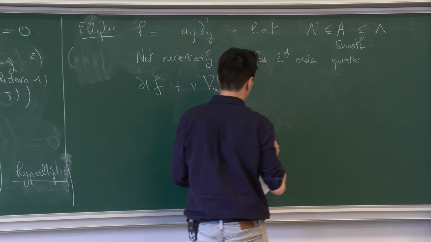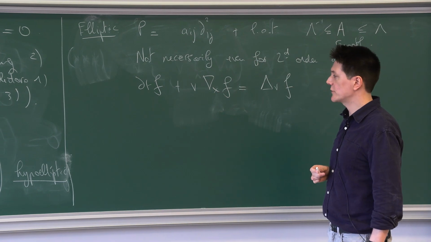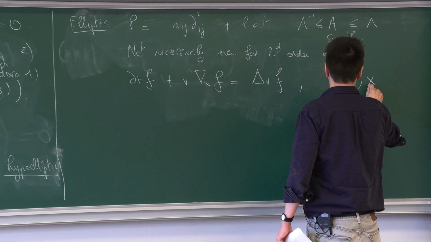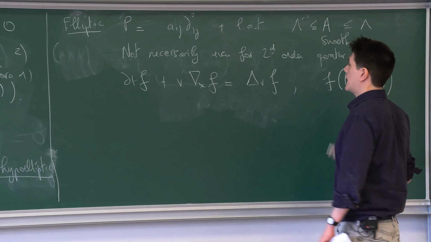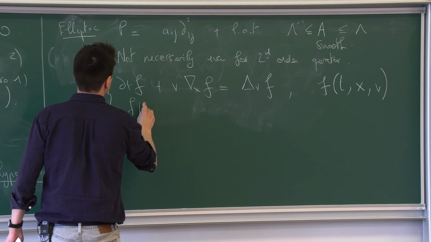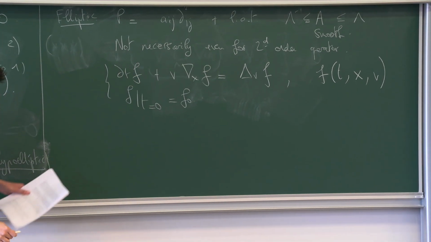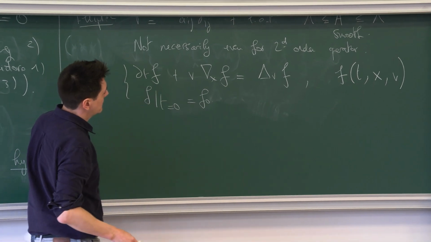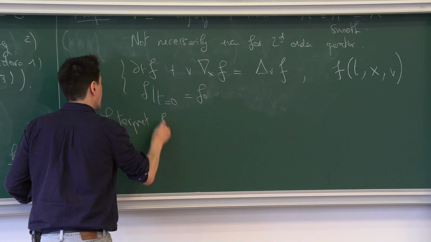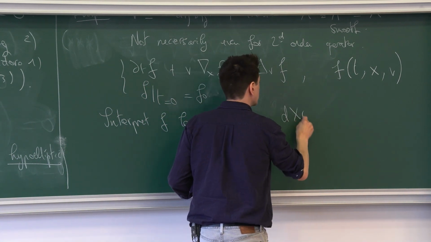So I'm writing the Kolmogorov equation in its simplest form. It deals with a much broader class in the short note. So you have f depending on time t, a position x, and a kinetic variable v, and you want to solve that with, for instance, some initial condition at t0, and then you can interpret f as the law of the following stochastic trajectories.